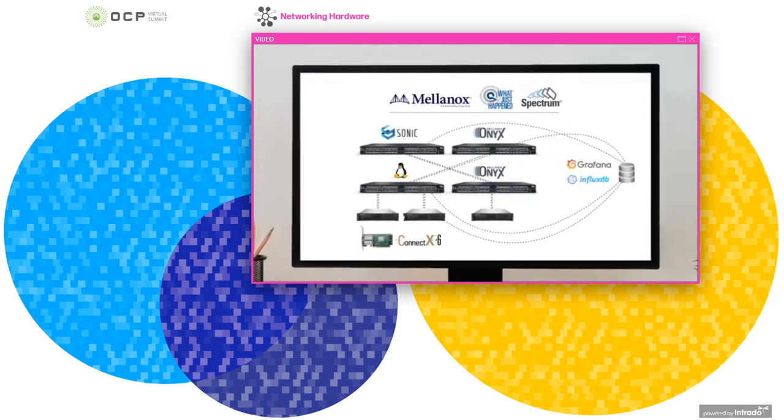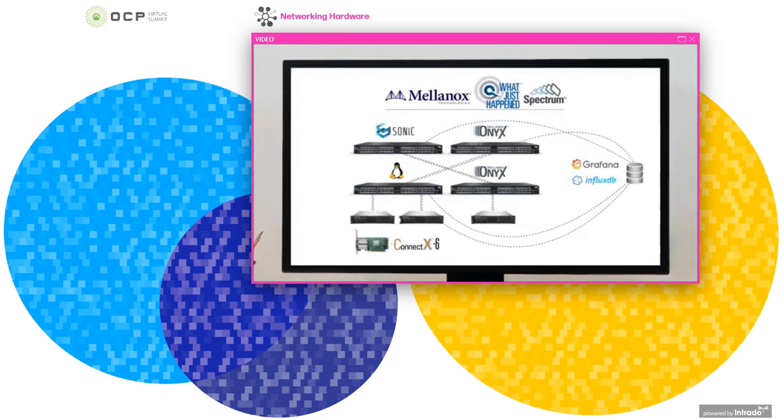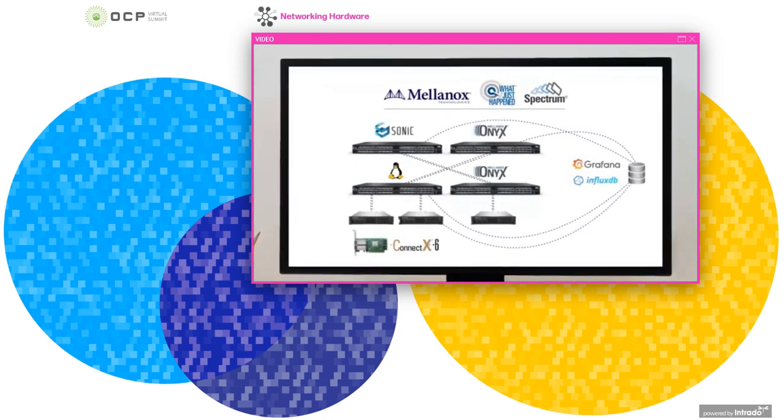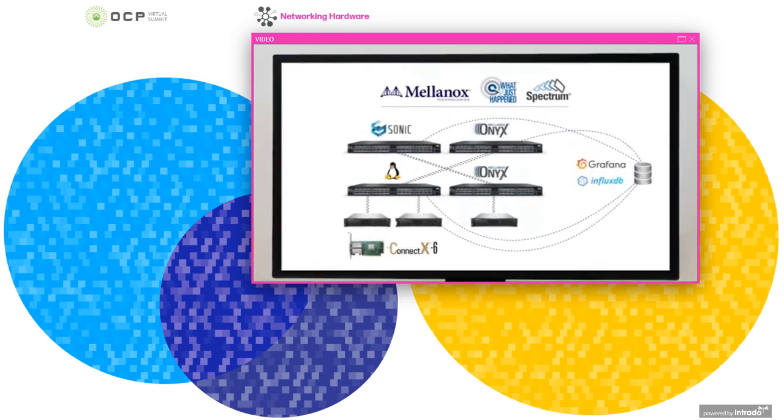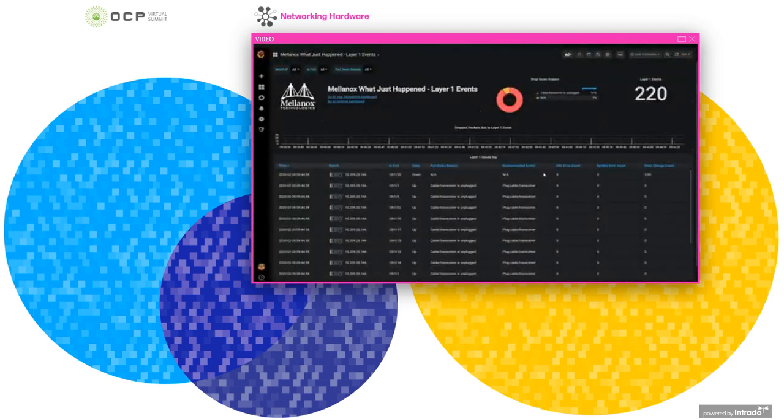All of the network devices, the Mellanox NICs, and switches are using What Just Happened to identify network issues and to stream critical events along with the details from the actual packet headers. Let's see What Just Happened in action. We'll start with our Grafana dashboard and see some What Just Happened events. All our network elements are streaming What Just Happened events to an Influx database, while the events are presented by